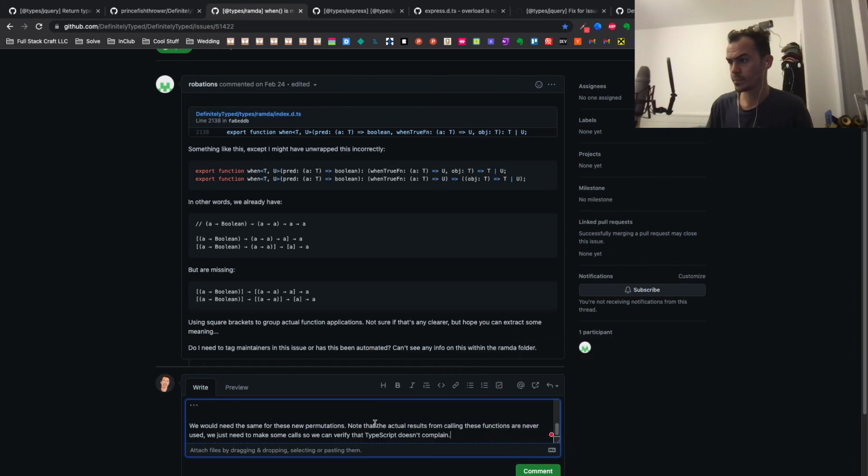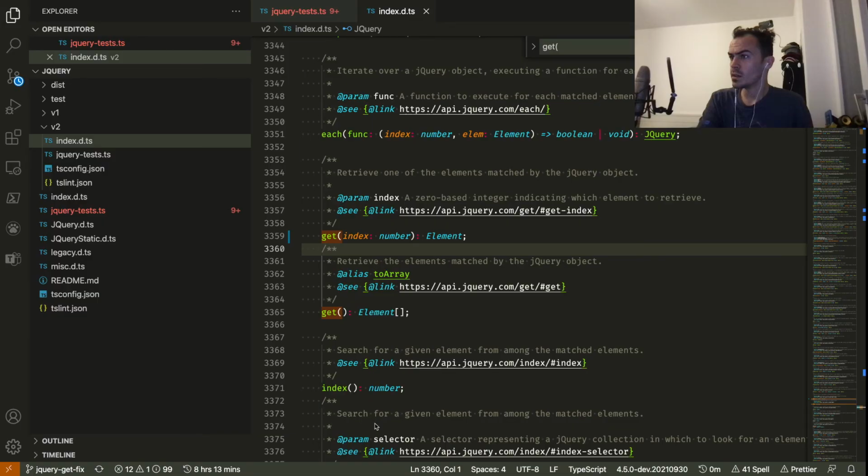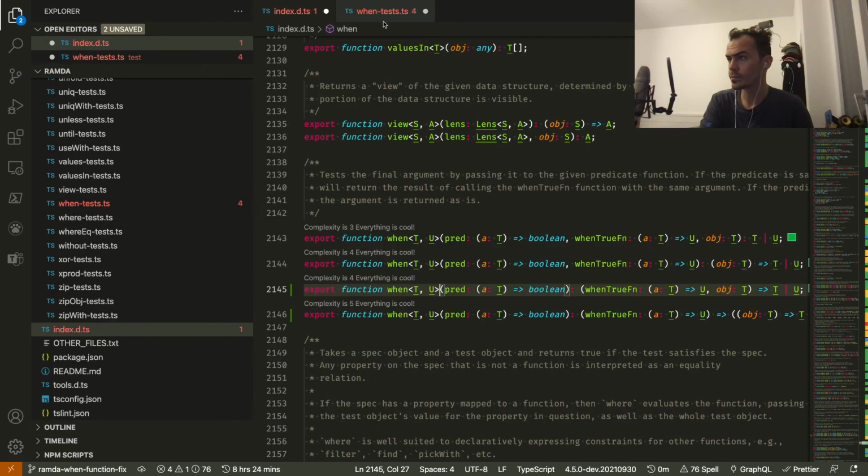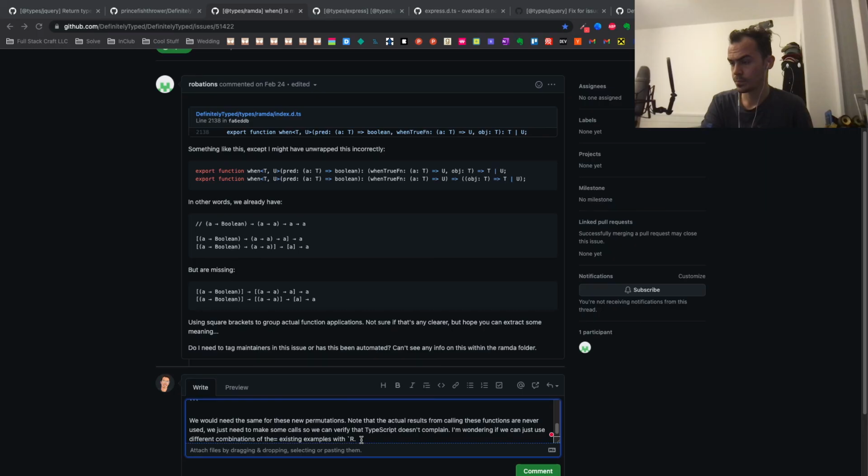I'm wondering if we can just use different combinations of the existing examples with R dot prop satisfied, R dot pipe, and so on.